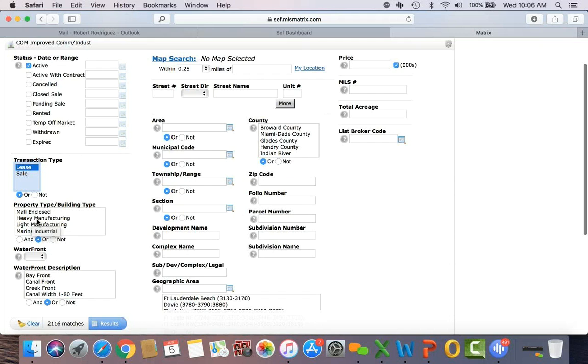You have malls, heavy or light manufacturing. You have medical offices, mini warehouses, office warehouse combination, office space. You have residential multifamily, restaurants and bars, retail space, schools, shopping centers, store warehouse combination, strip store, tavern bar, or warehouse space. So if I'm looking to lease a warehouse space, again in Miami-Dade County, it leaves me with 77